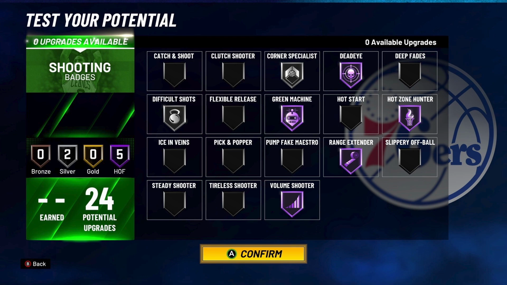Corner Specialist Silver is literally the best bang for your buck badge in the game, in my opinion, besides Lob City Finisher Bronze. That's also really, really good too. I only use that at Bronze because it's just a little inconsistent. But yeah, with Silver Corner Specialist, you're going to be able to get automatic greens in the corner no matter what. It's not as good as Gold or Hall of Fame, but it's just as good, in my opinion. But yeah, when it comes to the Hall of Fame, Range Extender and Hot Zone Hunter,